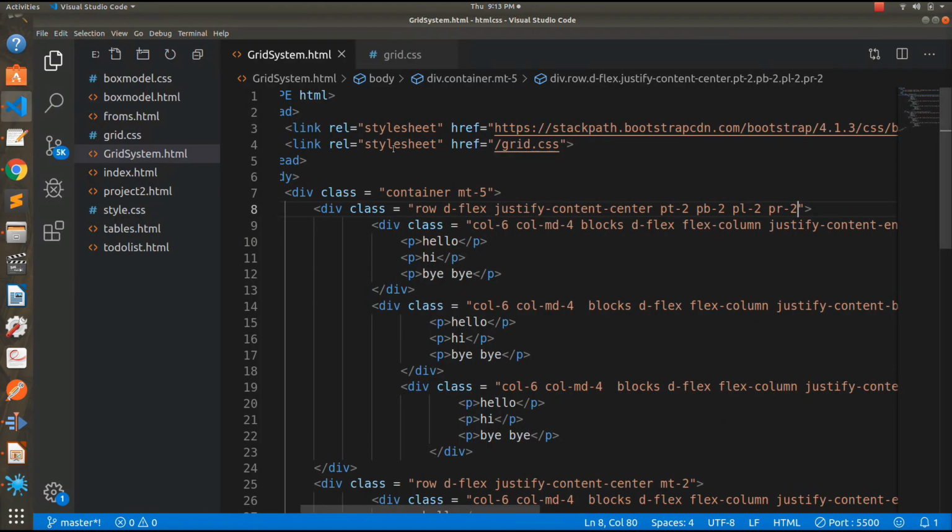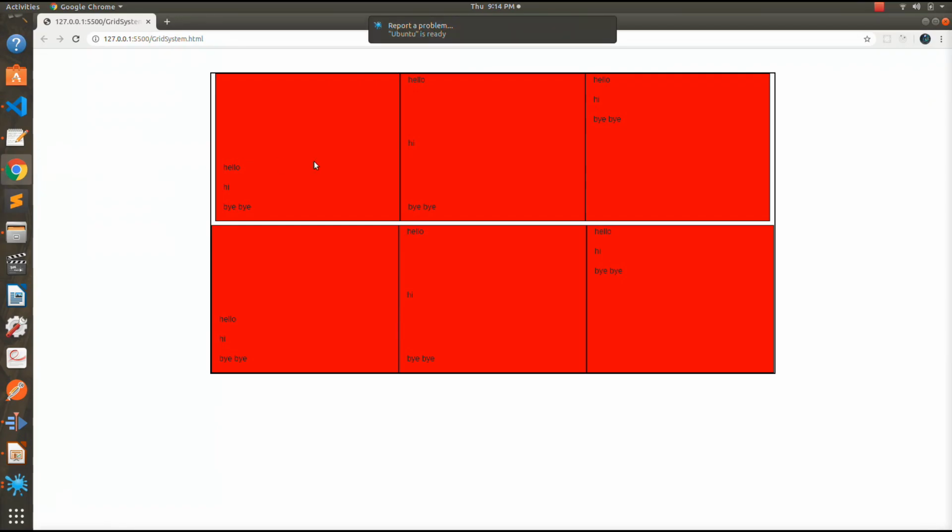But this looks a little lengthy, so let's do a change here. I'll write here and then tell you what it means. Right here px2, save this, so you can see padding from left and right.